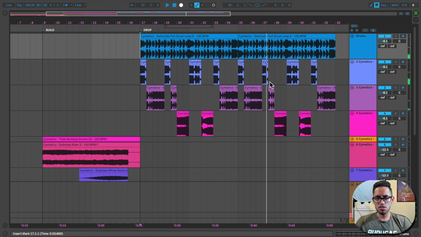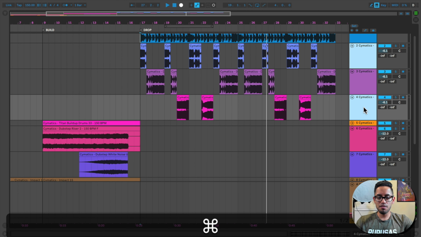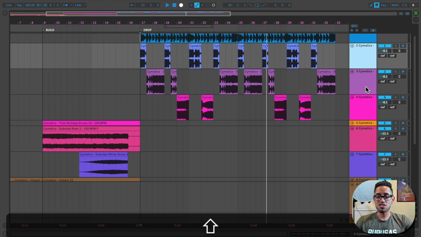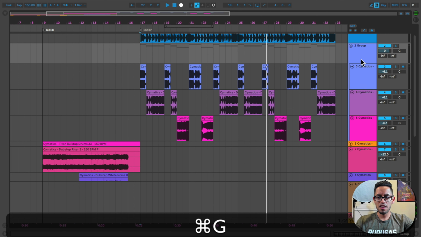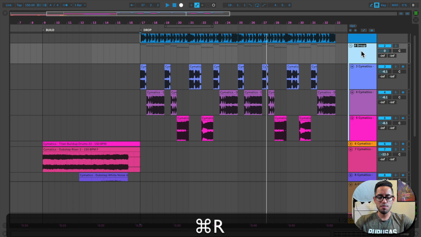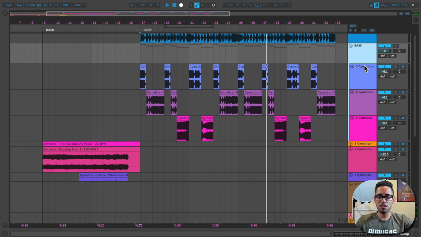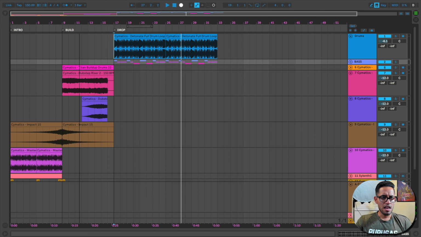And it just starts over again. So now let's start grouping these tracks. So we're going to select one, press Shift, select the end of it, then Command G. Now we grouped it together. And we're going to select here, and let's press Command R, and we're going to call this bass. And you see that all these clips are together now, which is cool. And we can press this button and collapse it. And now you see that looks a lot nicer. And then